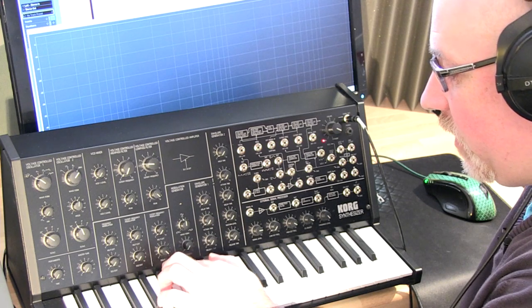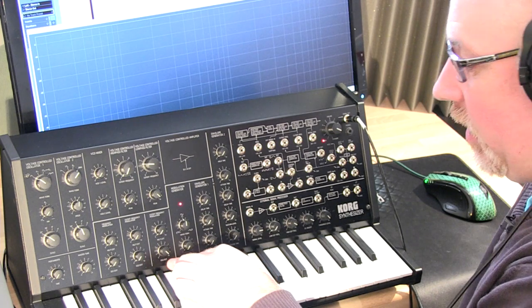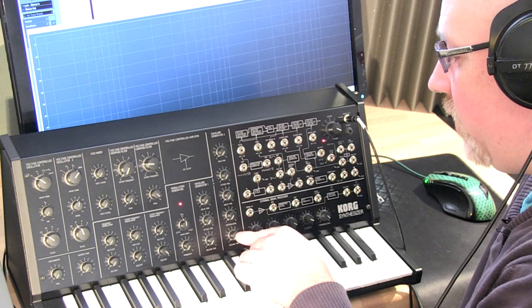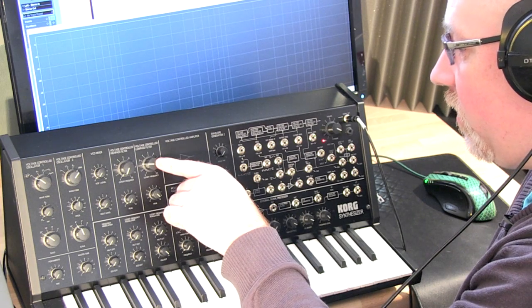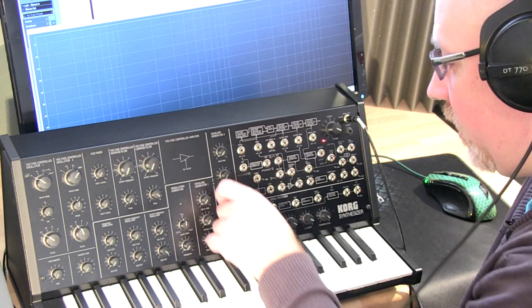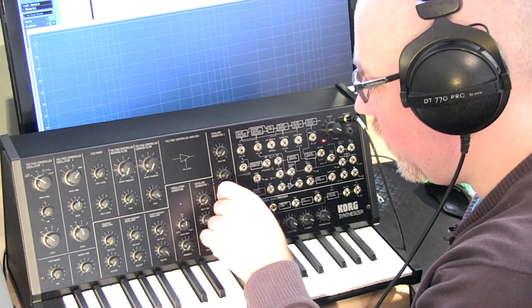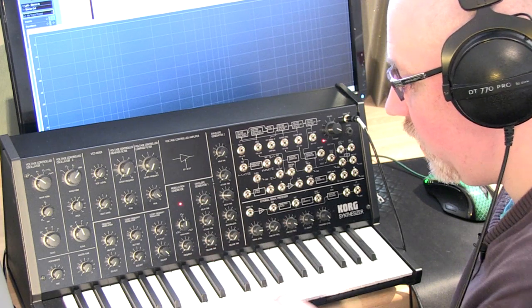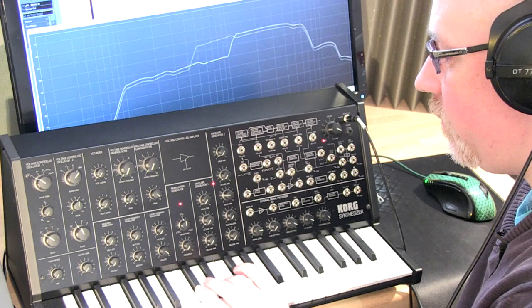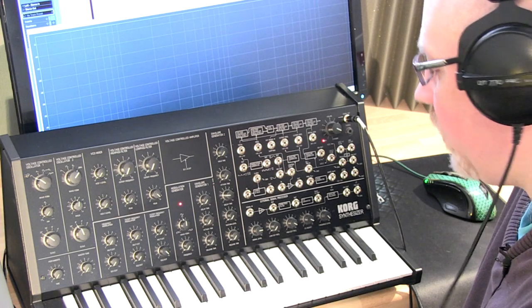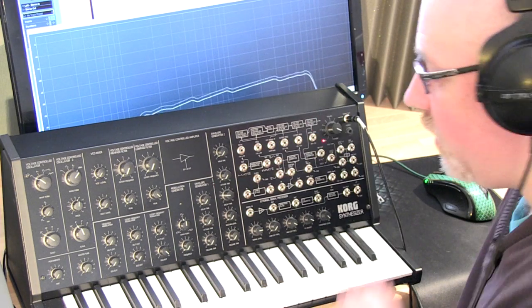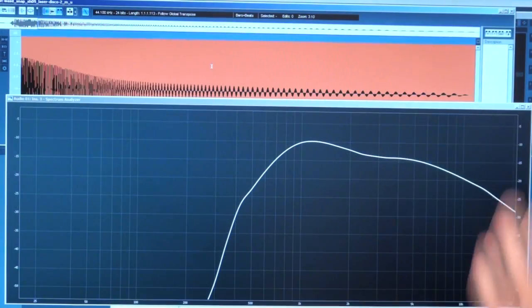I'll turn up envelope generator 2 modulation control here, and what that does is it means that this envelope generator 2 is now moving the cutoff frequency, depending how I set that. And I'm going to just switch everything to 0 except decay, which is at around 2. You get this zap sound, and it's reading as a zap rather than a kick because the pitch is too